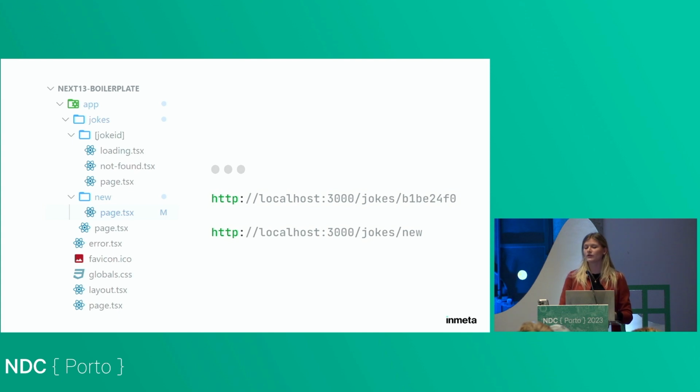In the app router, you define routes by making folders containing a page.tsx. That makes it a valid route. I have some routes here, /jokes, and then a /new and joke ID subroute, which is a dynamic route, meaning it's parameterized. Then you can also use files with reserved names such as not-found.tsx and error.tsx,